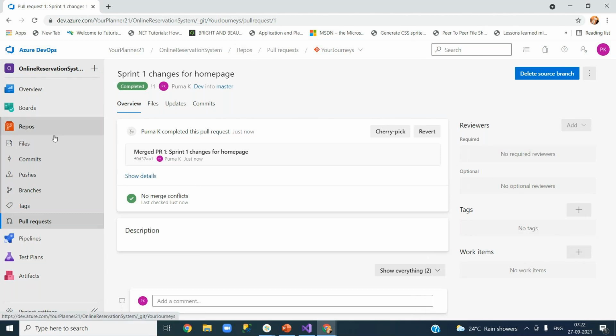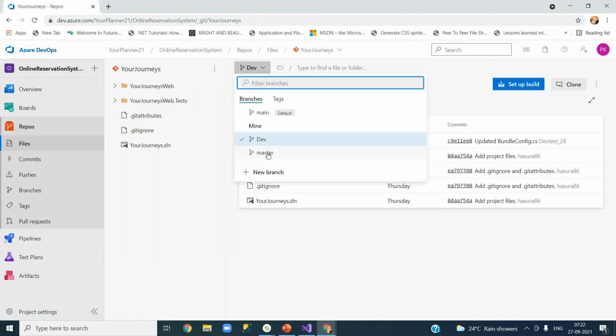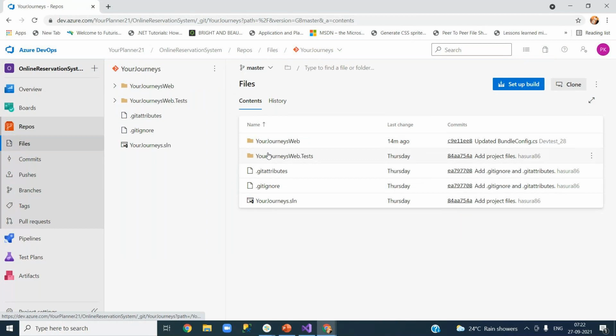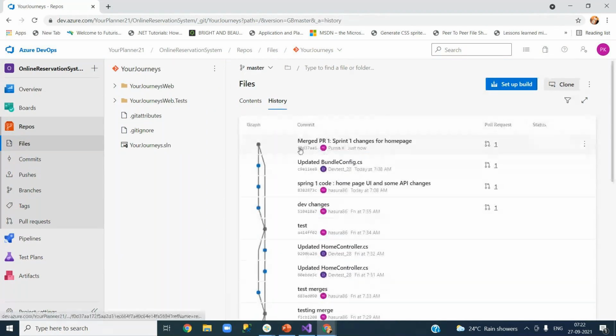files, go to master. You can see the latest one. Merged PR 1 means pull request 1. Okay. Sprint 1 changes for homepage. That is my comment basically. Okay. Now you can see the content,